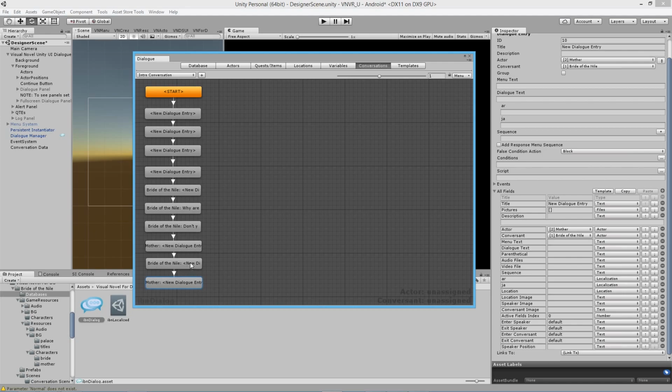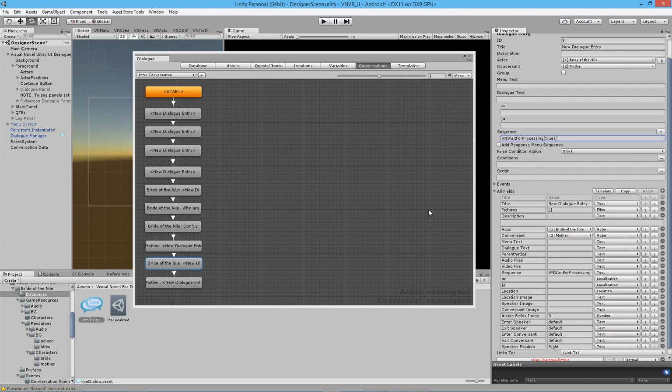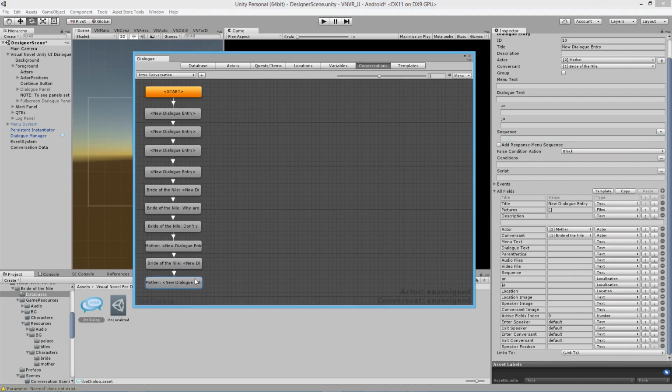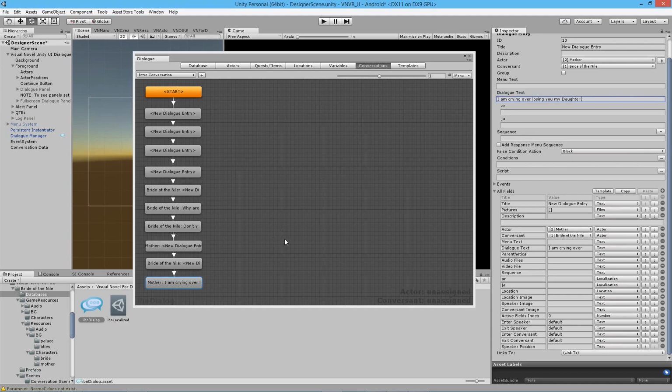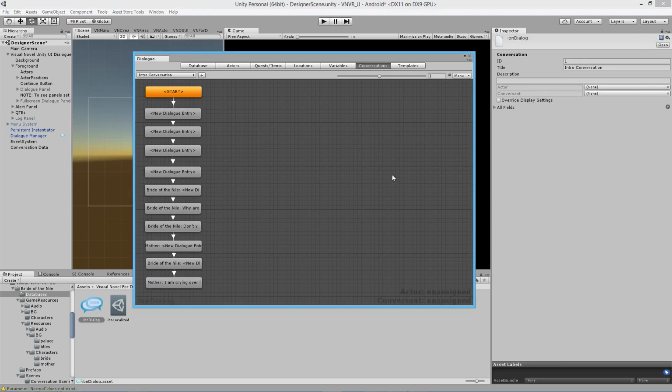Okay, actually here we moved our actor to the right, so we want to wait for this process to complete before automatically continuing to the next node, where the mother says, "I'm crying over losing my daughter." Let's save this scene,